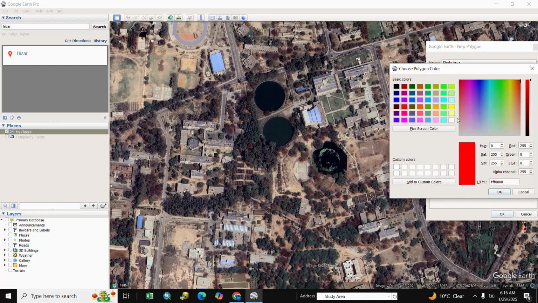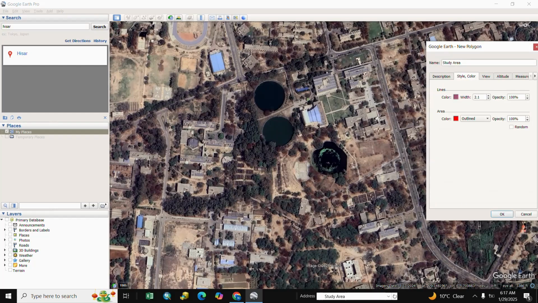We select here outline. This is where we start a point of a study area for capture. Start here. We select the study area as per your requirement. It is very important. If you have your requirement, you capture as per your requirement. Last we double click to finish and we okay.